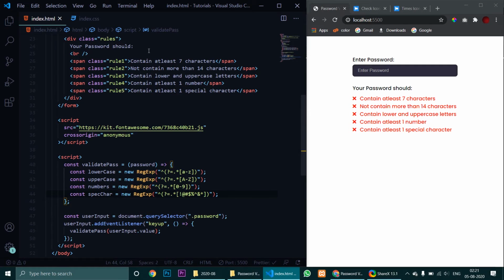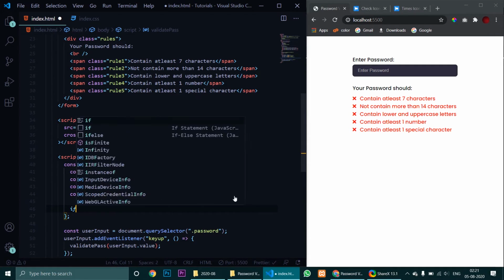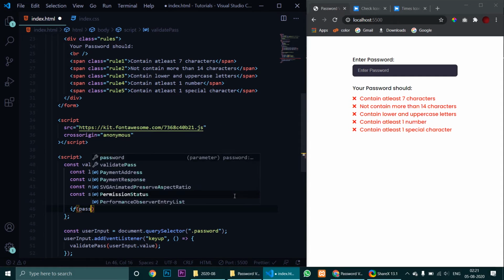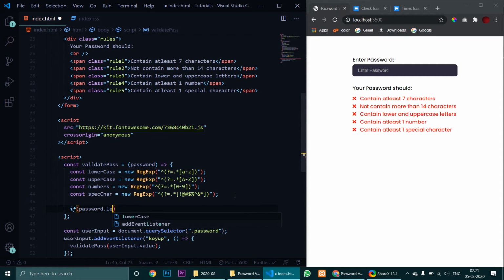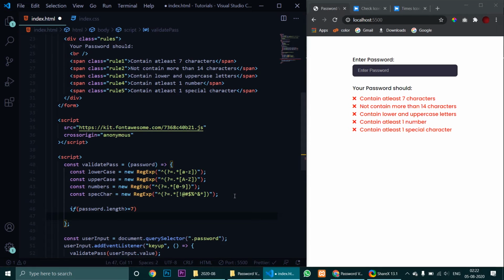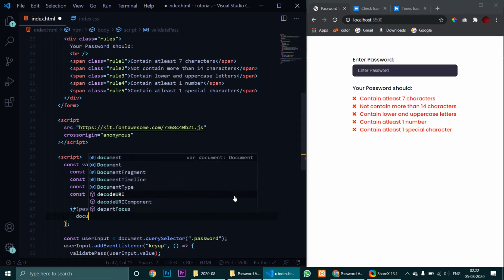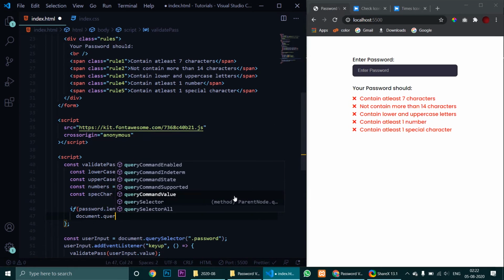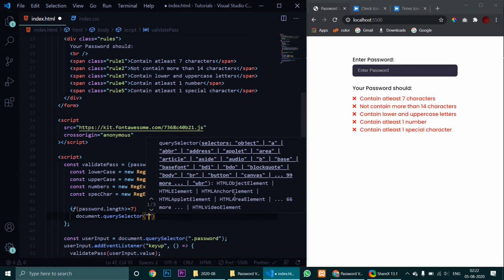Now the first condition was to check the length. So for checking length, we have a very simple method. password.length will just return the length of the password. If it is greater than or equal to 7, then we will add the class correct to rule 1. So we will just select rule 1.